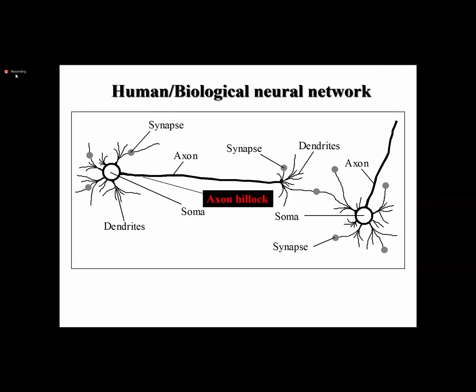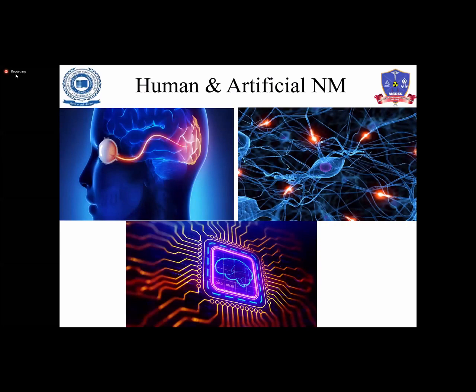This is the human biological neural network. As we know, we have the axon, helix, axon and synapse, which is how the human brain works. And this is the artificial intelligence neural network. It looks completely similar, and both work on their own ability. The human brain's ability is different, but the machine's ability is far beyond the human brain's. It is far better, in the way that it can process within less time than the human brain.